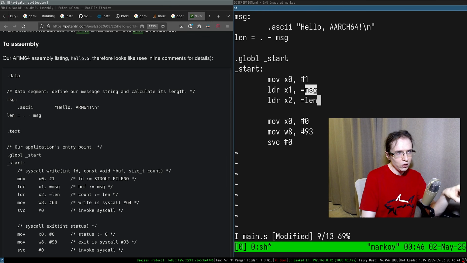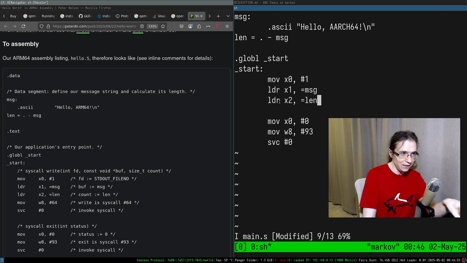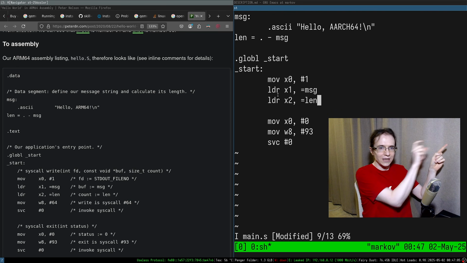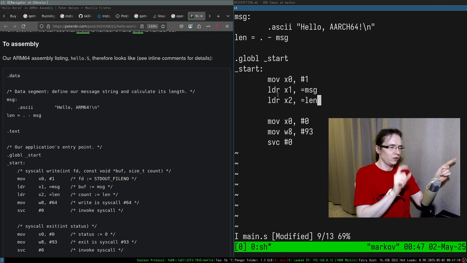Right, so here we're loading an address of the message, but len is a length which is a single immediate value. So this one is loading an address into the register, and this one is loading an immediate value into the register. This is actually 2 different instructions. This is my hypothesis. I hope I actually understand correctly. Objdump it back after compiling. That's a good idea. So we're going to objdump and just see, because objdump shows you the sequence of bytes, right? We can actually confirm that it's 2 different instructions.